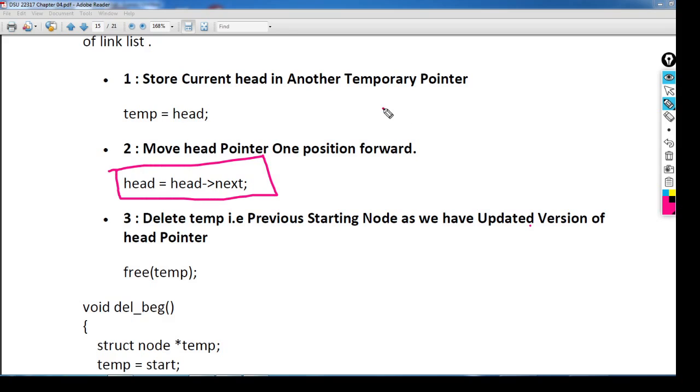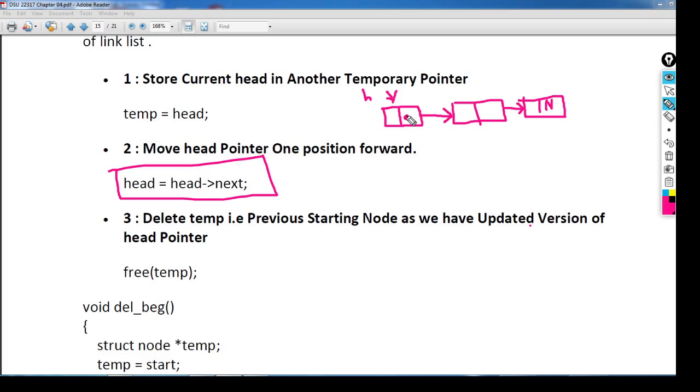I will draw a diagram so that it will be easy for you to understand what these steps mean. Suppose in a linked list there are 3 nodes. This is the second node and this is your third node, and the third node's next pointer will be null, and head will be pointing to the first node. So what is head->next? Head->next is this part, right?